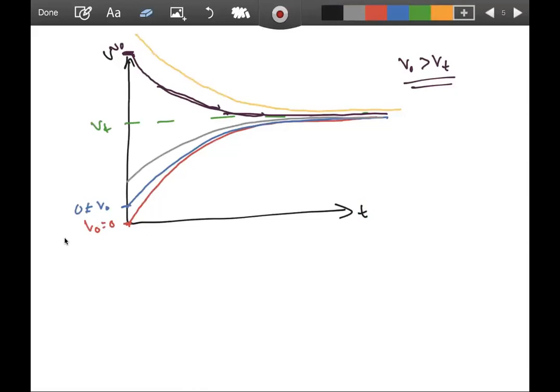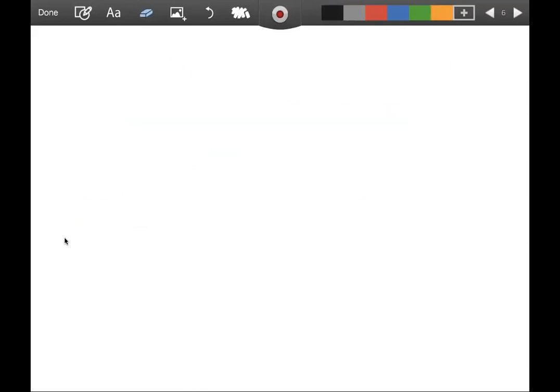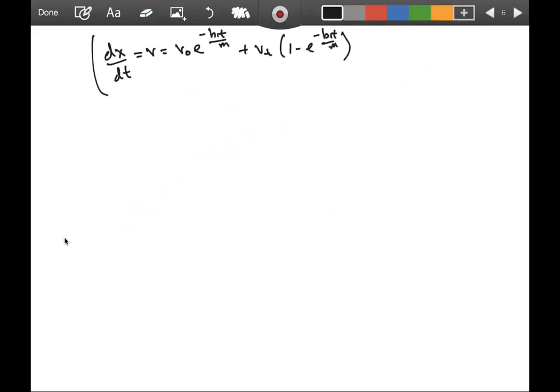So now let's look at the position as a function of time. Let's go back to our velocity. We know our velocity is equal to v initial e to the minus b1 t over m plus my terminal velocity times 1 minus e to the minus b1 t over m. Now, to find the position as a function of time, I know that v is simply equal to dx/dt. So we're going to use separation of variables,